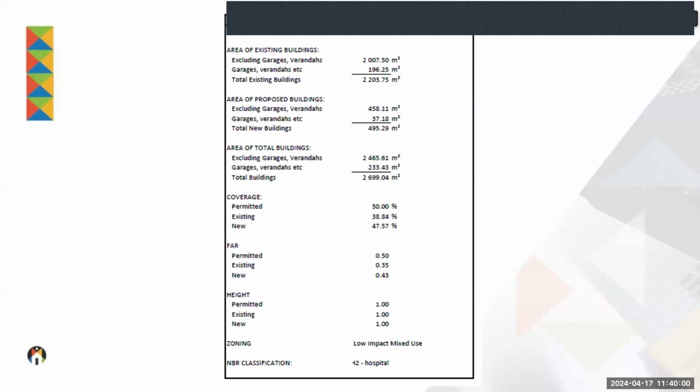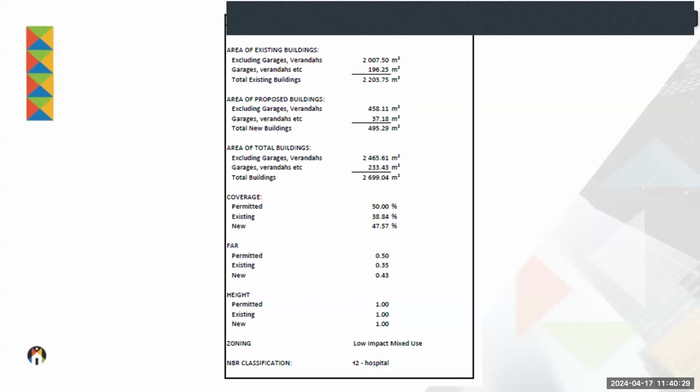Now, one of the things, and this is from one of the plans, I actually hate to do that, but I need to give some examples. When I submit a building plan to a local authority, I've always got a little summary of how I complied with town planning restrictions when it comes to FAR, the area of buildings, the height restrictions, provide